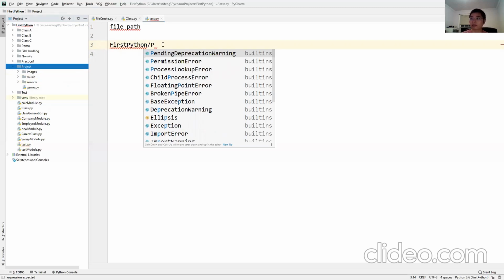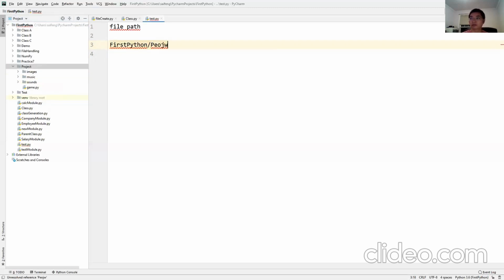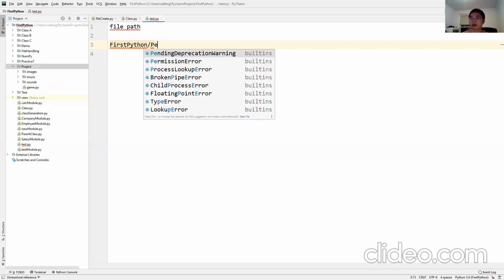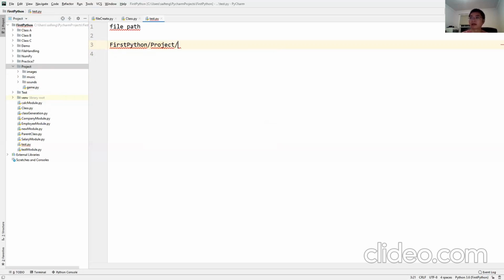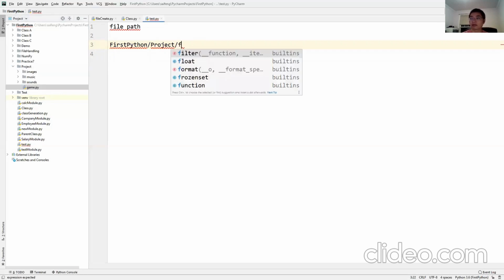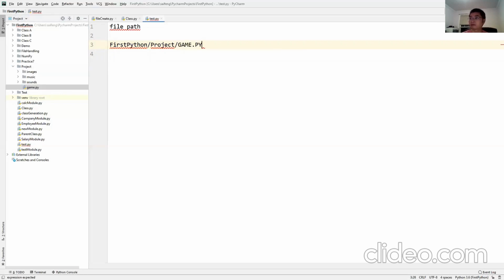It's project. And then under the project folder, I have the file gain.py. So that's called a complete file path.